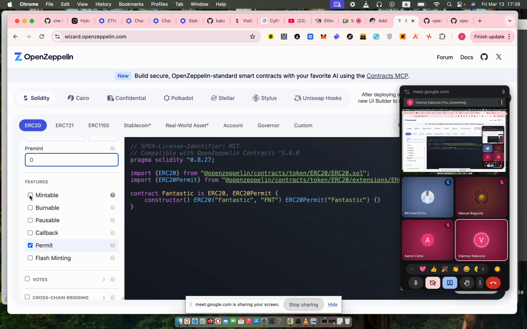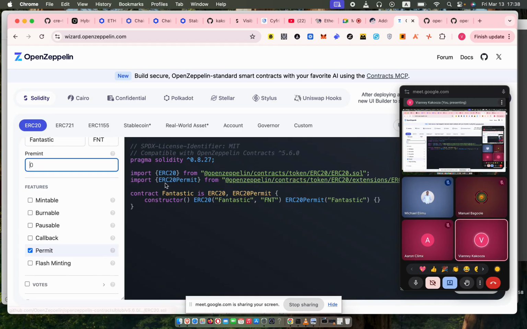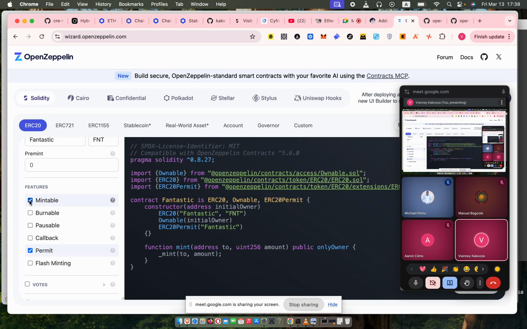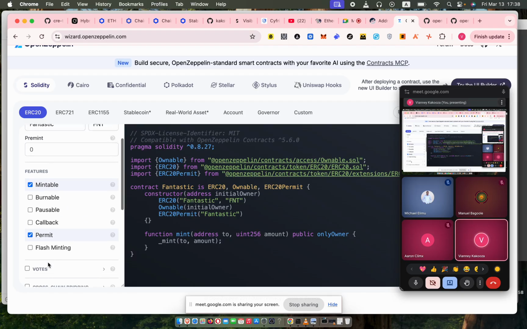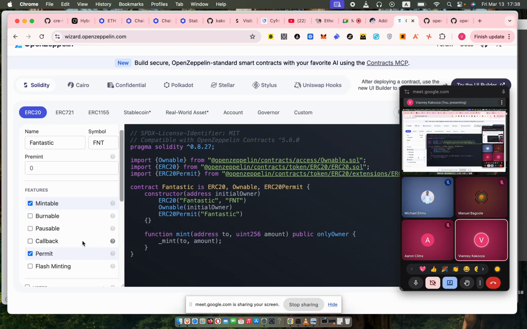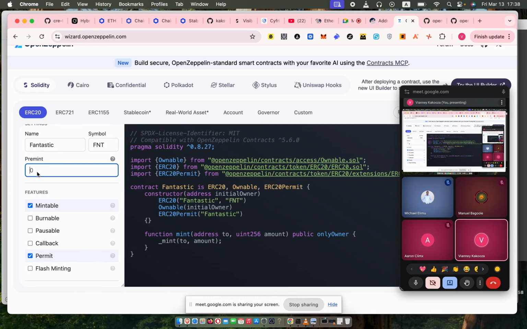Mintable, that means that wherever I write something, the changes are made here. So if it is mintable, that means that I can mint more of it. When I click on mintable, the constructor and then the function to mint already populate the canvas. Burnable, permit, flash minting, I think I'm going to just have that. And then I have an initial pre-mint of maybe, let me say,